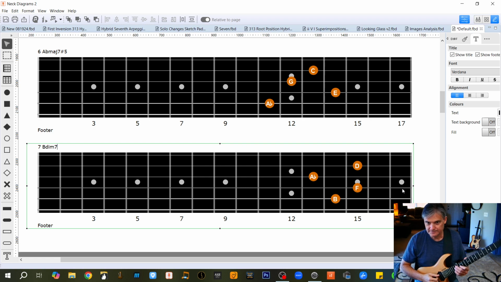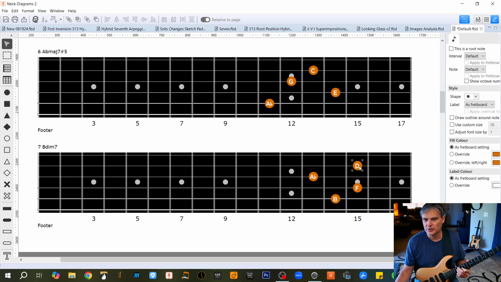So I thought, well, this B diminished seventh chord right here, I'm like, this is so recognizable. What can I do to it to disguise it a little bit or make it sound a little different? So I thought, why don't I raise up the soprano, the D note, to the next note in the scale,